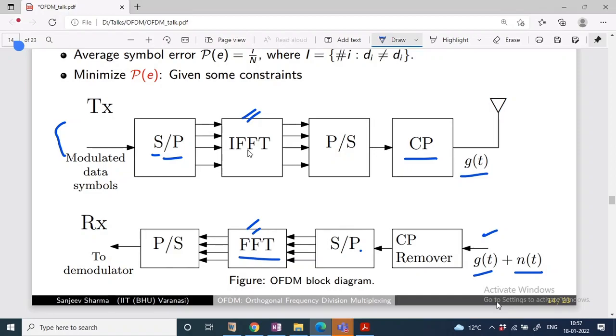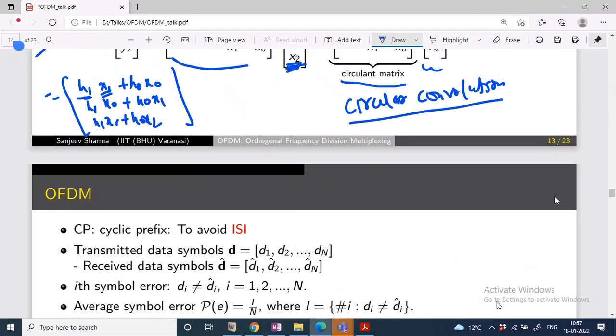So the complexity of OFDM is very low. Why is it very low? Because complexity is distributed between transmitter and receiver. Generally, these are DFTs basically. So DFT can be implemented with the help of a fast operation, that is the FFT operation. Okay.